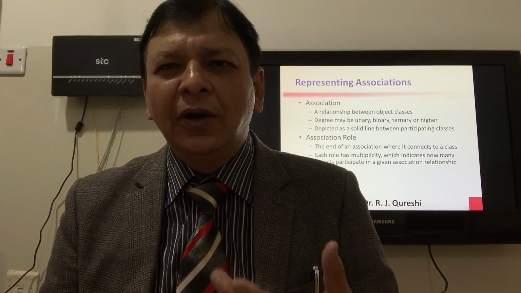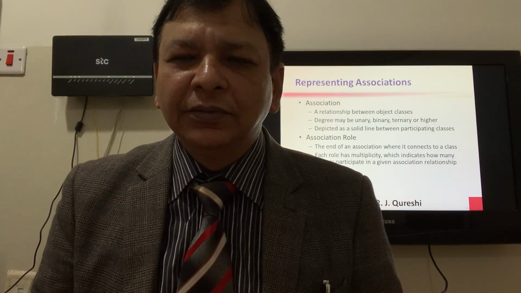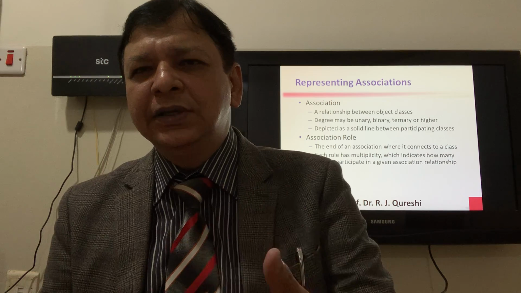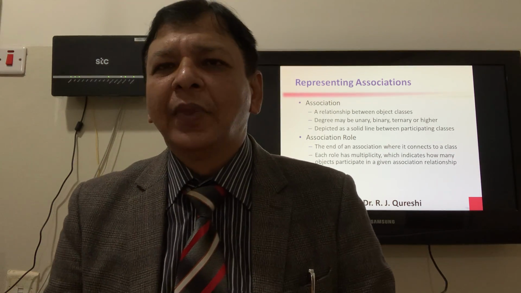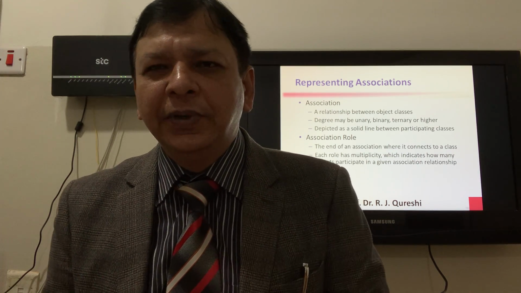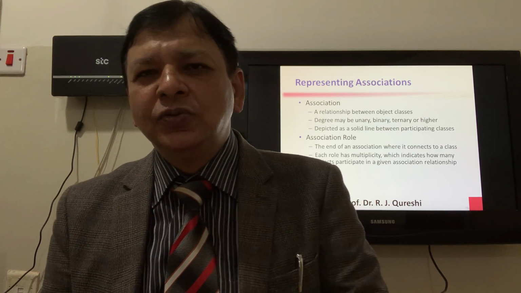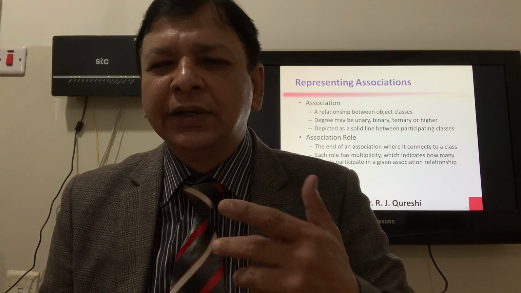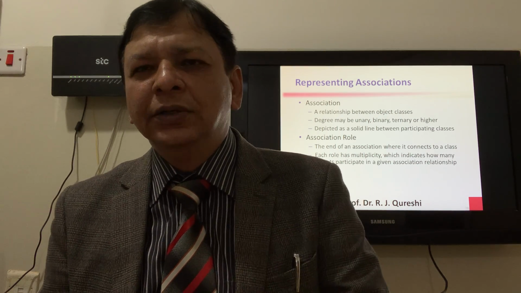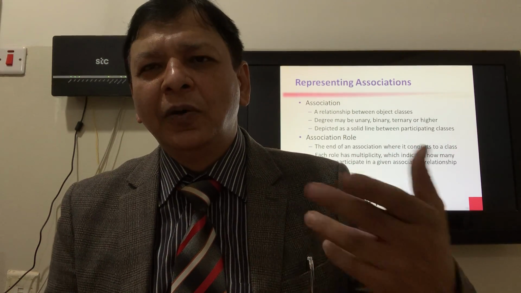Unary is the relationship of an object with itself. For example, an employee is a supervisor, or I'm a professor, I'm a supervisor, it's a relation of an instructor with himself. Binary is between two objects, between two classes, for example, student and course. Ternary is among three: student, course, instructor. So there are three, or higher, for example four: student, course, instructor, admin, administration, or chairman, management, or parents.